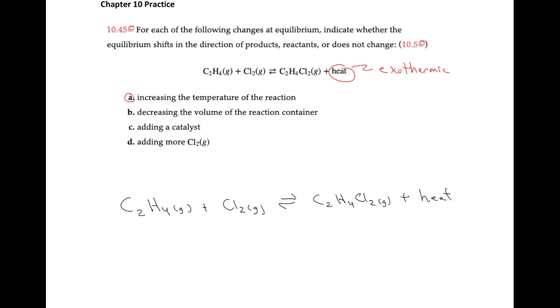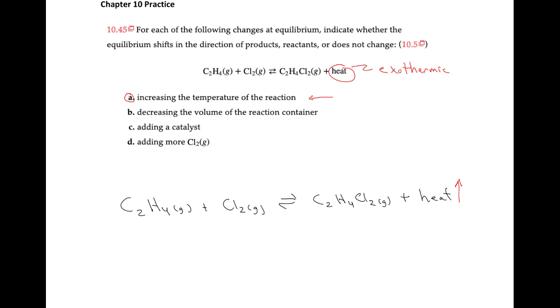It says if we increase the temperature of the reaction, and I've rewritten it here on the bottom, which way is my equilibrium going to shift? Well, when you increase the amount of heat, it's going to push the equilibrium back towards the direction of the reactants to balance that out, because I have more of something that's on the product side, so it's going to have to shift back towards the reactants. So the answer for A is that it's going to shift back towards the reactants,